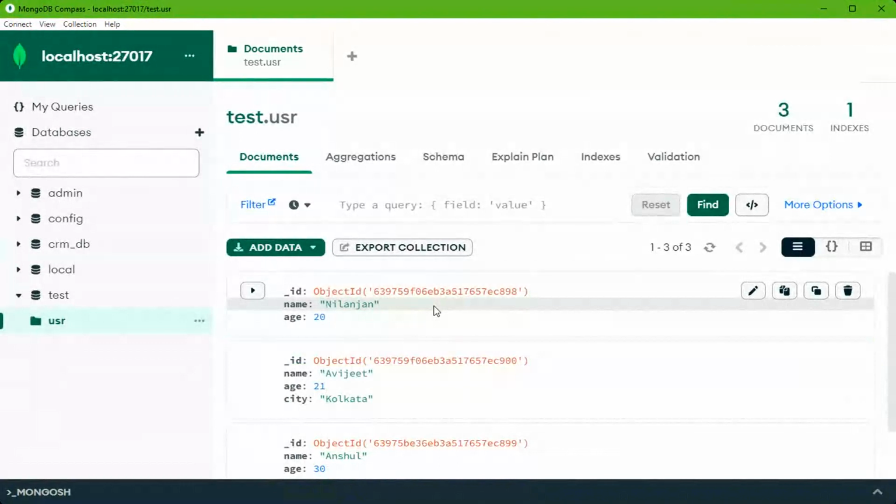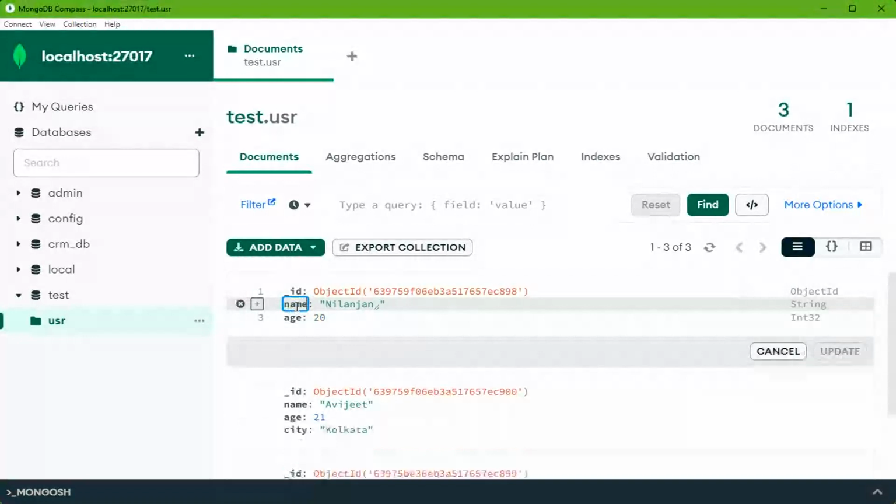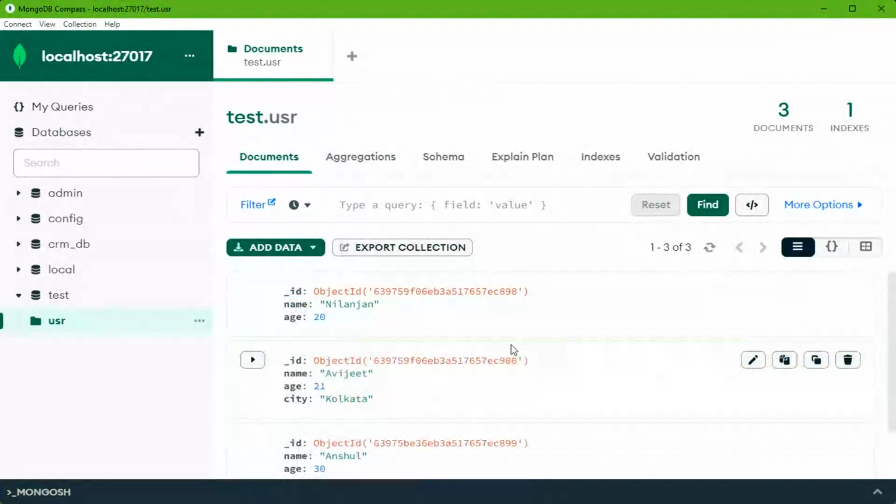Can we change the type also? Yes, you can change the type also. Click on the type, and this can be names, and suddenly names will occur. Whatever you want to do, you can do it. These are basic JSON documents stored on a computer, in a folder. You can think of a collection as a folder, and you can think of these documents as files with these JSON values stored. There is a command line also. We can use the command line.